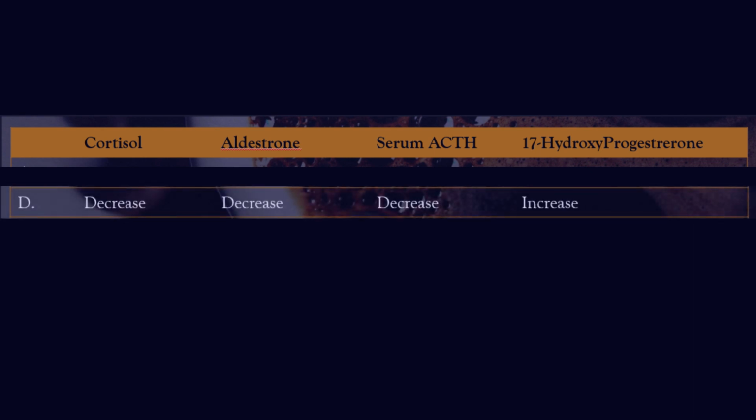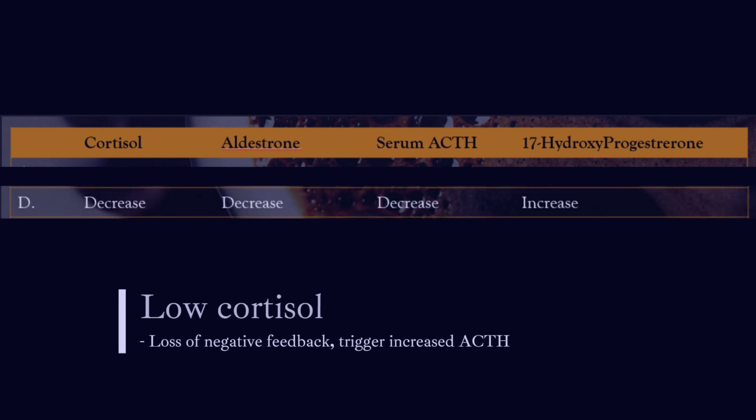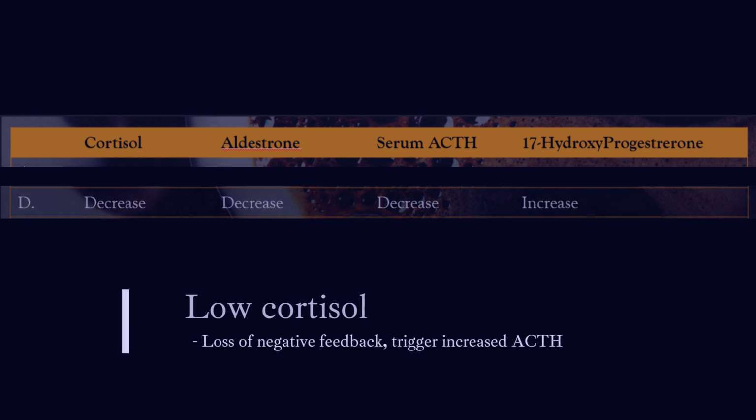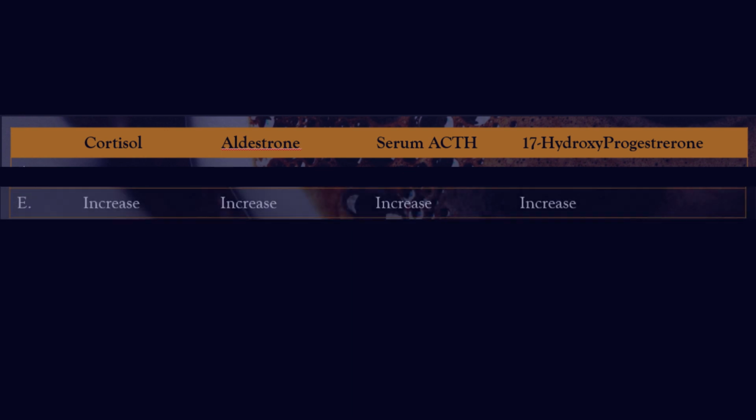Choice D cannot be the answer because low cortisol levels, which is loss of negative feedback, also trigger increased adrenocorticotropic hormone production by the anterior pituitary, which further stimulates the formation of adrenal androgens. Choice E